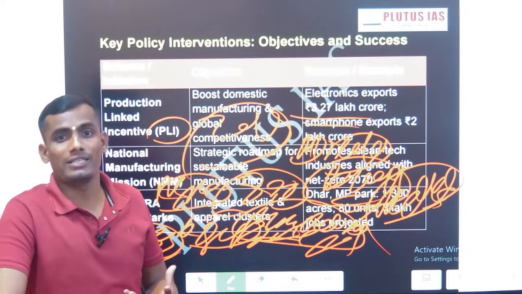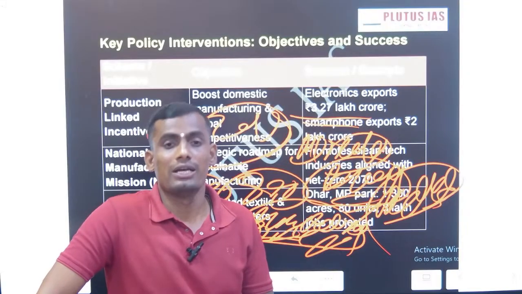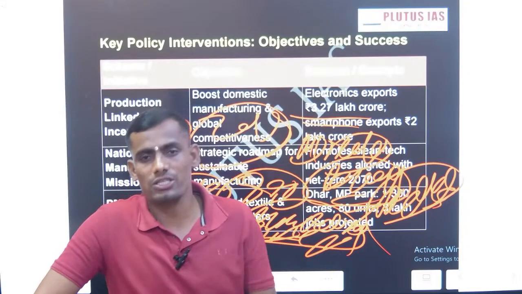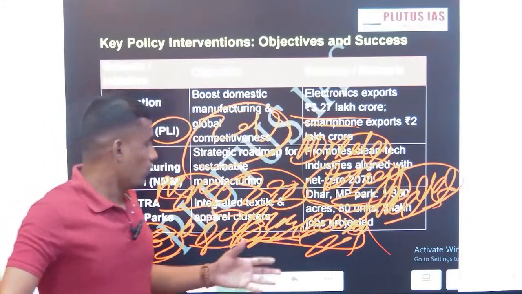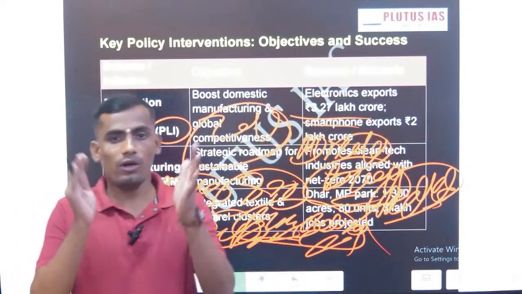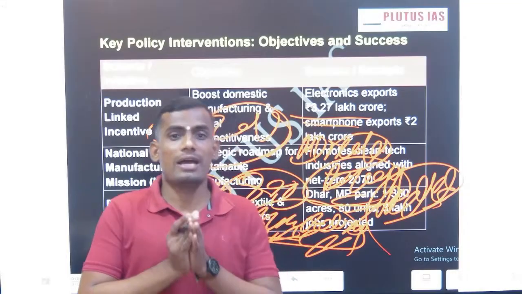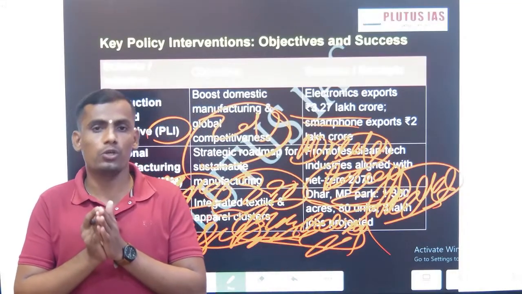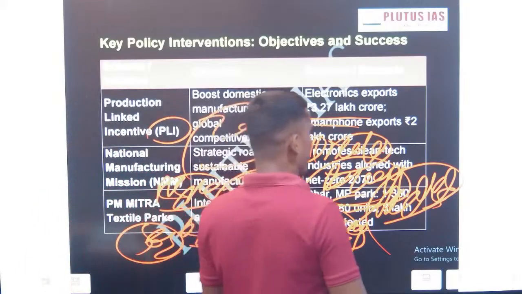Then the automobile sector, we have launched various EV vehicles, and other policies are giving tax concessions in the automobile manufacturing sector. So these are the policies, and the recent best example of an overall comprehensive, broader idea to develop India's manufacturing sector is the National Manufacturing Mission 2025. These are the policies of the Government of India.